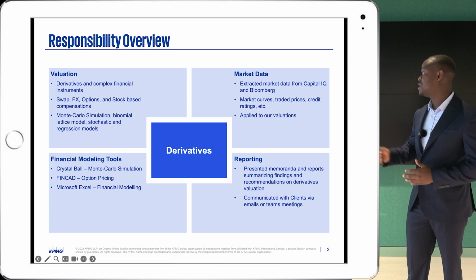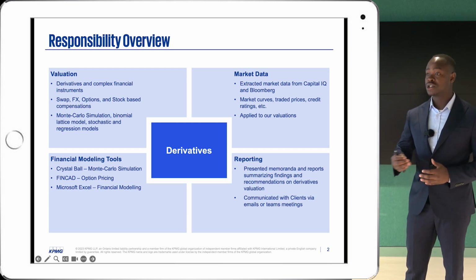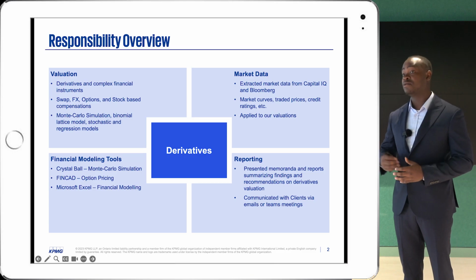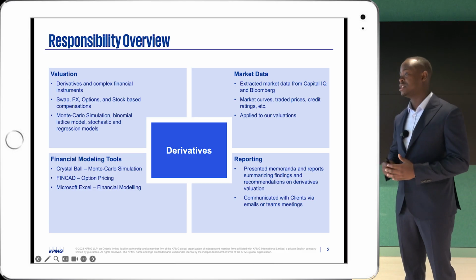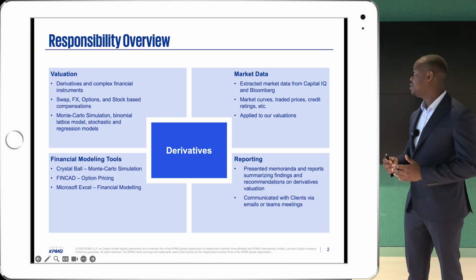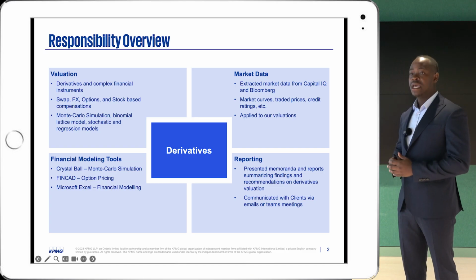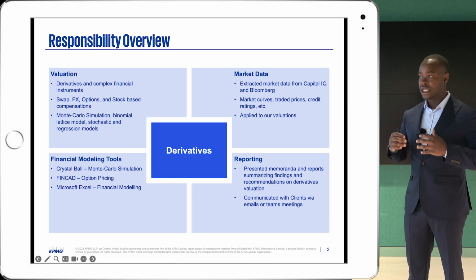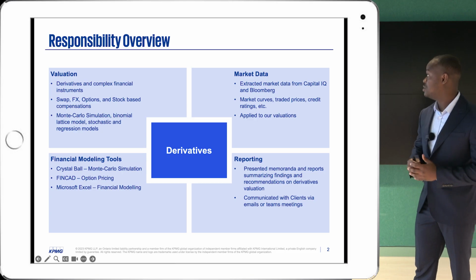Another instrument I spent a lot of time on was swaps. It was different types of swaps, interest rate swaps, cross-currency swaps. Some of them were amortized, some of them were not. So depending on what type of swap I was valuing, I used a different strategy, but for the sake of this, I'll use just a vanilla swap. So I would primarily use Bloomberg's swap manager function to value the swap, and I would make sure that the right market curves were used and that the amortizing schedule was up to date.